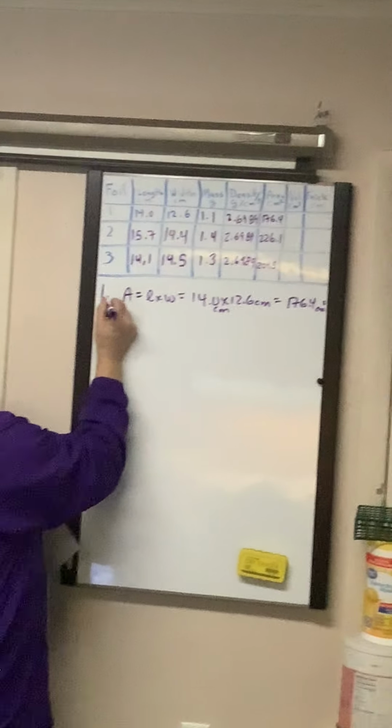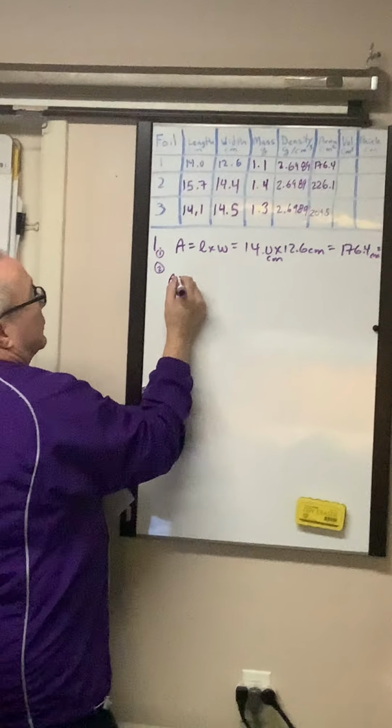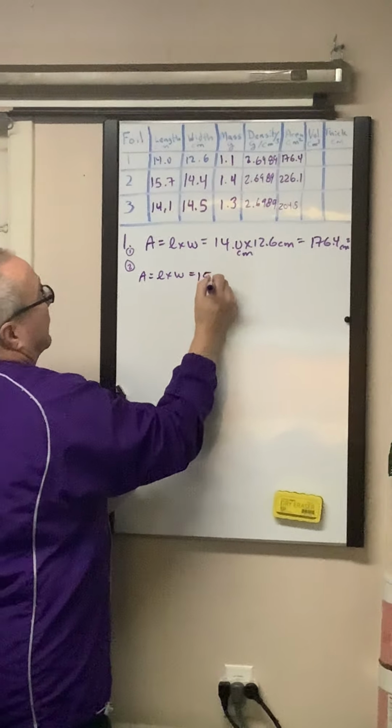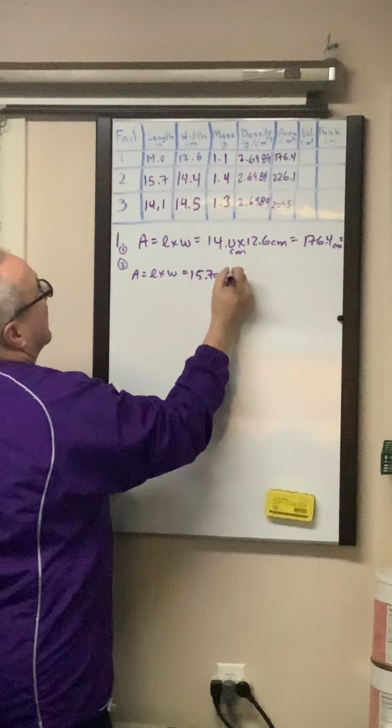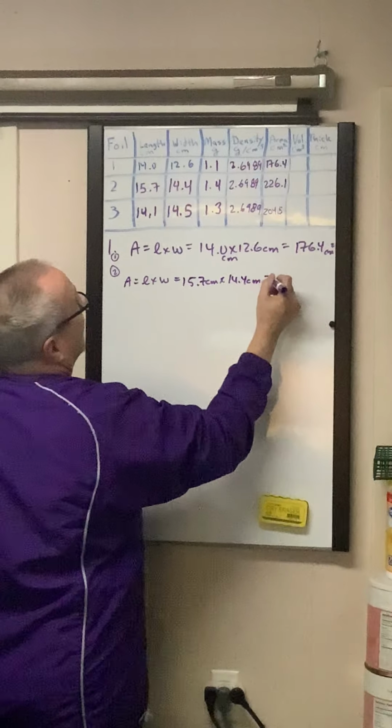That's for foil number one. For foil number two, area is equal to length times width, which is equal to 15.7 centimeters by 14.4 centimeters, which is equal to